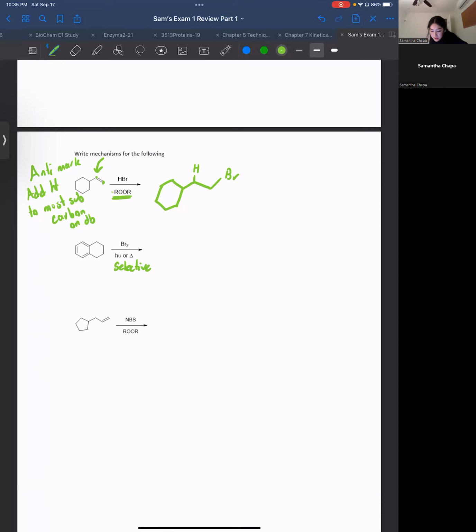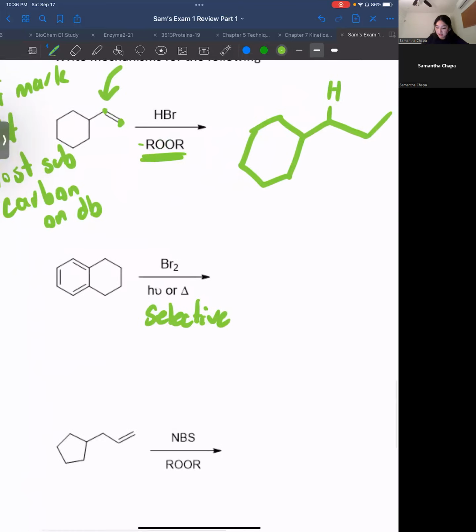So the most substituted carbon-hydrogen bond here, or the easiest hydrogen to pluck off, basically, is going to be my allylic carbon-hydrogen bond. Let me draw all the possible ones that we have. We have this carbon-hydrogen bond, this carbon-hydrogen bond, this carbon-hydrogen bond, this carbon-hydrogen bond. We also have a carbon-hydrogen bond here, but the thing is,